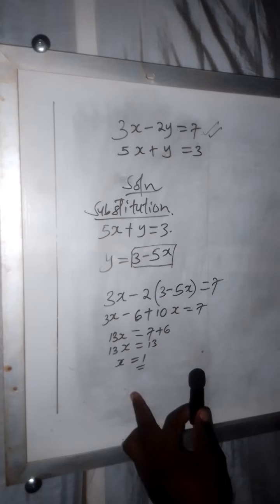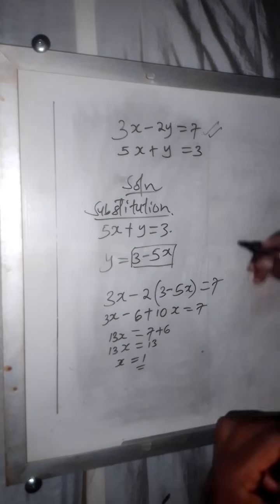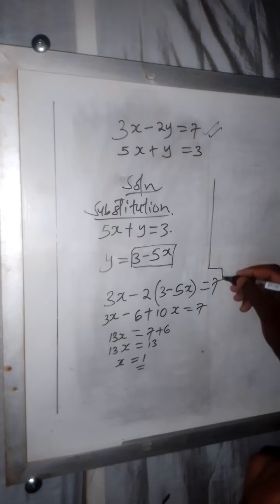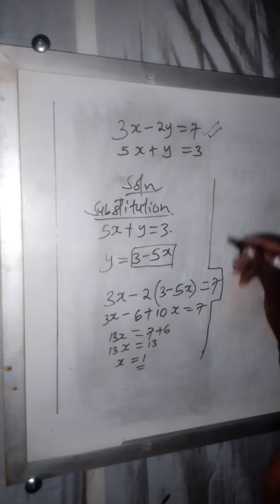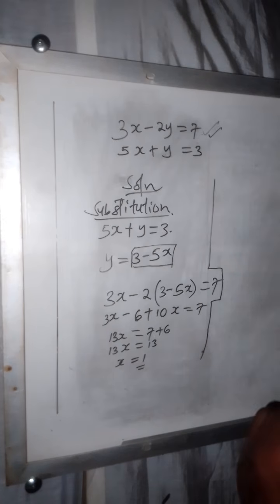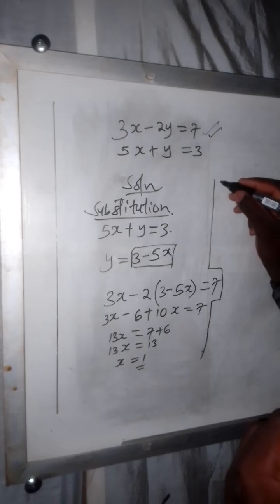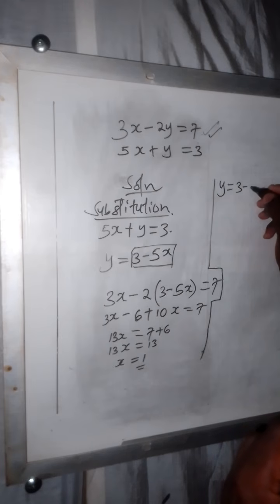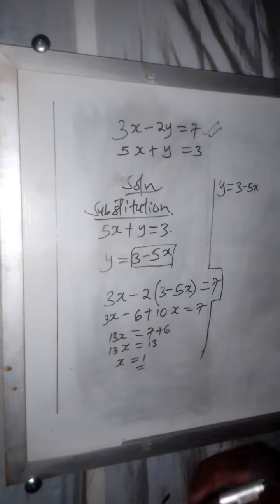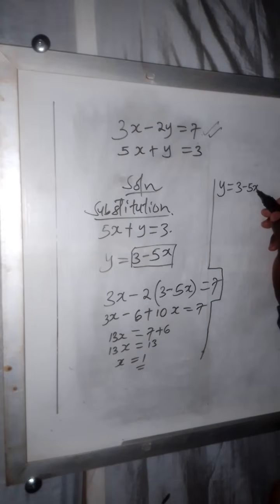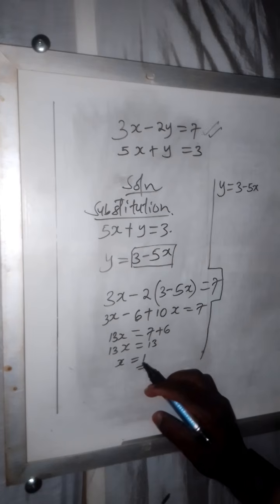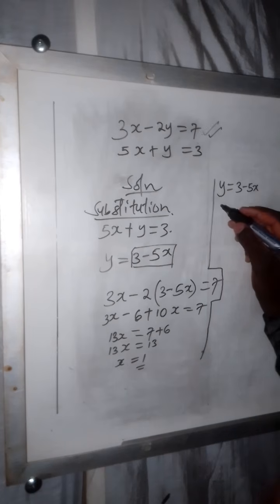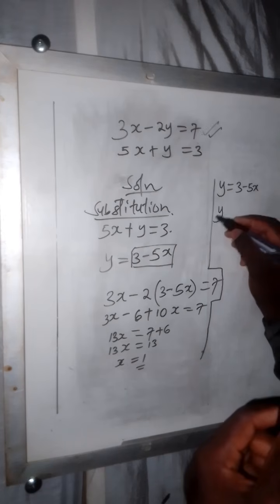So after getting the value, we now come back and find the value of y. Our y was y is equal to 3 minus 5x. But we know x is 1, so we just take the value of x and place it here. So we have y is equal to